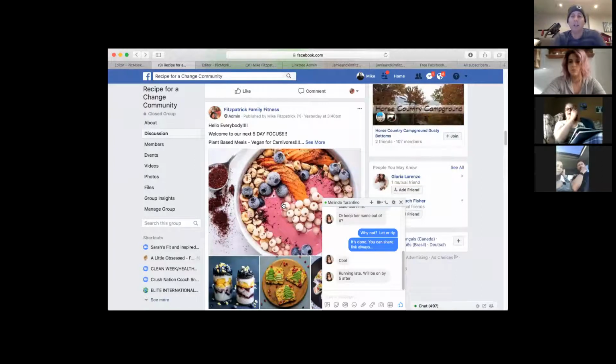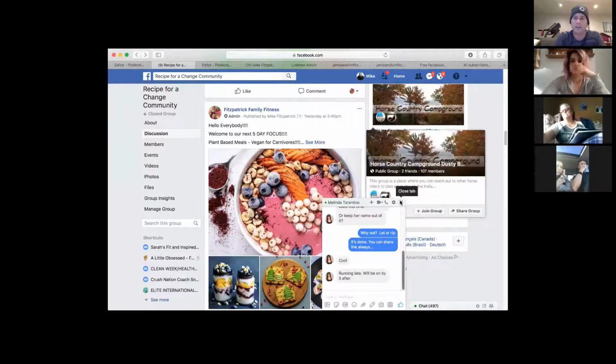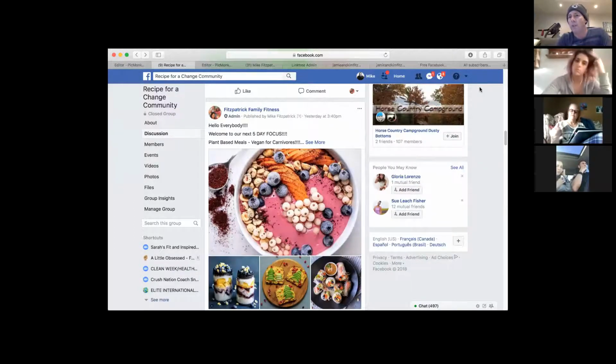Once you've found one that you really want to do, then you're going to make a post on Facebook and invite people. And the girls are going to show you theirs, what they've done to attract people. You're going to try and hopefully get some contact info from them. And then you're going to run your group. You're going to post in it 3 times a day, probably. You're going to hopefully go live at least once a day, even if it's just a wrap up. And then hopefully convert those people to paying customers.